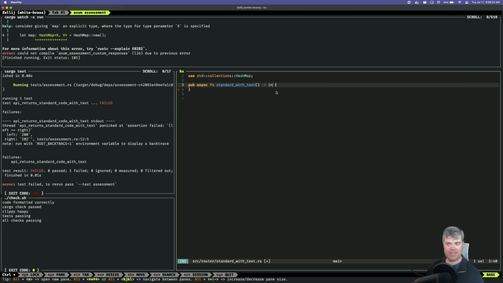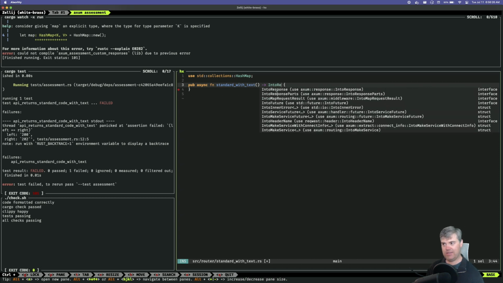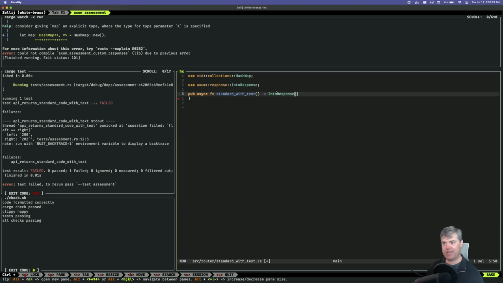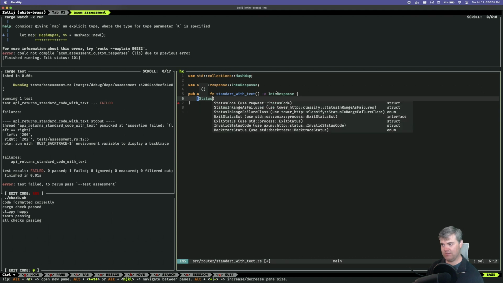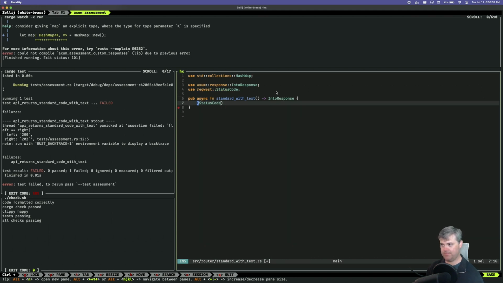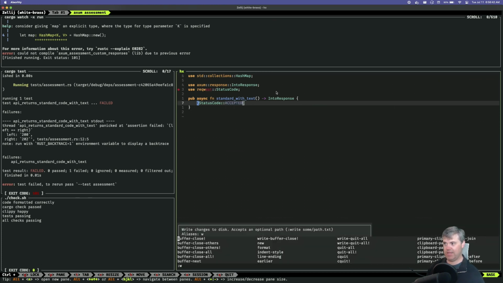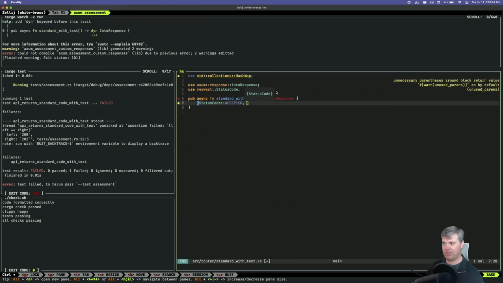I'm trying to think, should I implement IntoResponse like this and then return a tuple with status code accepted, and then we can do the text of hello, or, I don't know, accepted.